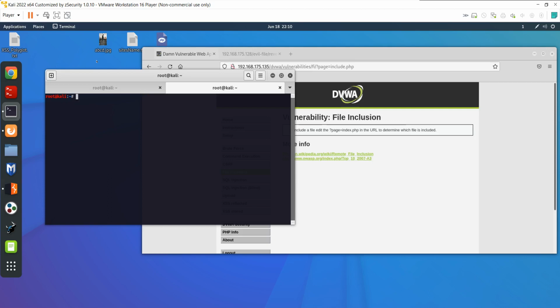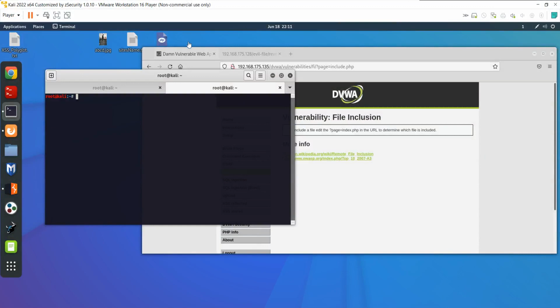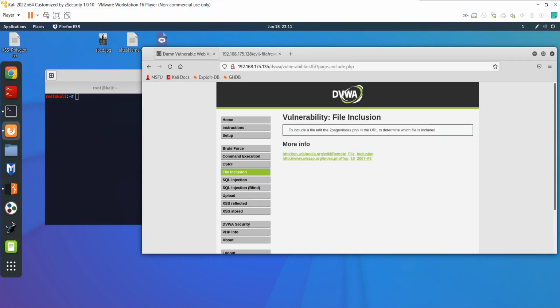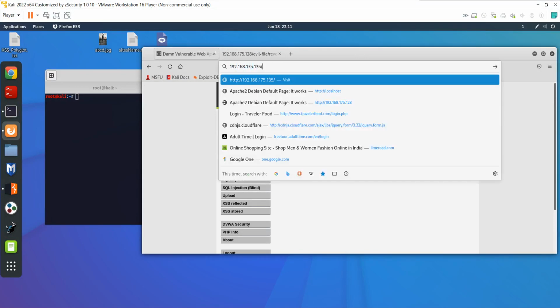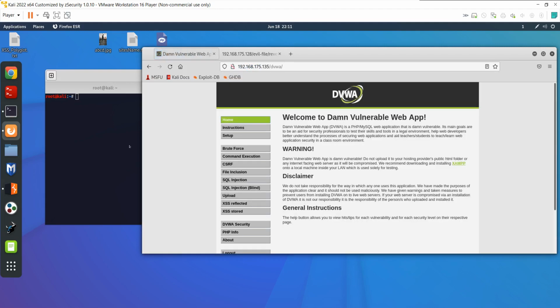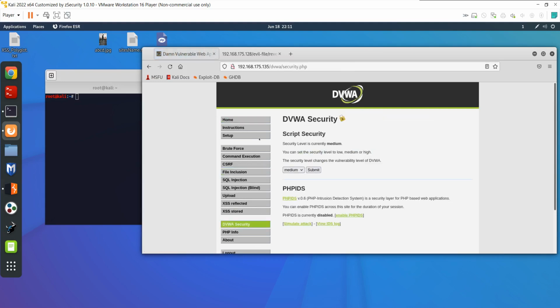Here, as I have already mentioned, I am using two machines. This is the Kali machine, the attacker machine, and this is the Metasploit machine, the target machine. This is the IP of my Metasploit machine, and here is the website for testing. We will test this on DVWA, file inclusion. If you look at the security level, I have set it to medium security level. You can also set this, and then go to the